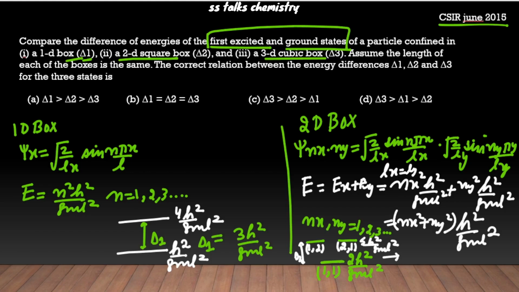So here the difference, if I see, 5 minus 2, h square upon 8 ml square, right? So that is again coming out to be 3h square upon the 8 ml square of it, right? So this value is also 3h square. Now for the